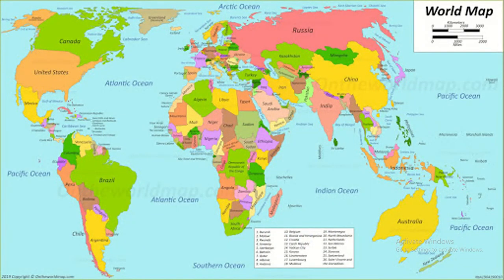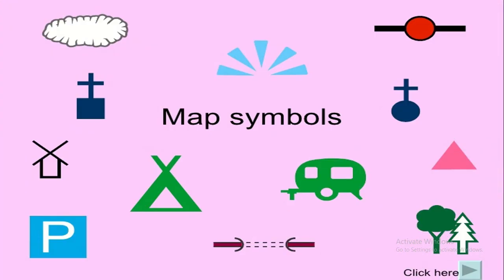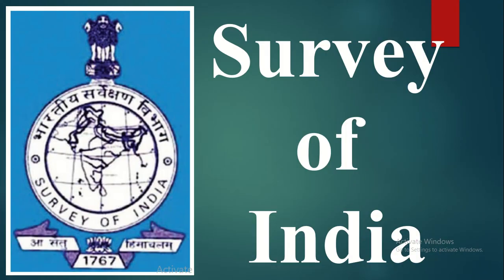Physical maps are used in military operations, then in tourism, drawing out some mountains and routes, and making regional development plans. Okay, now we are going to learn about the Survey of India. The Survey of India is the foremost map making institute in India. They make maps very accurately, so precise that there is no room for any mistake.